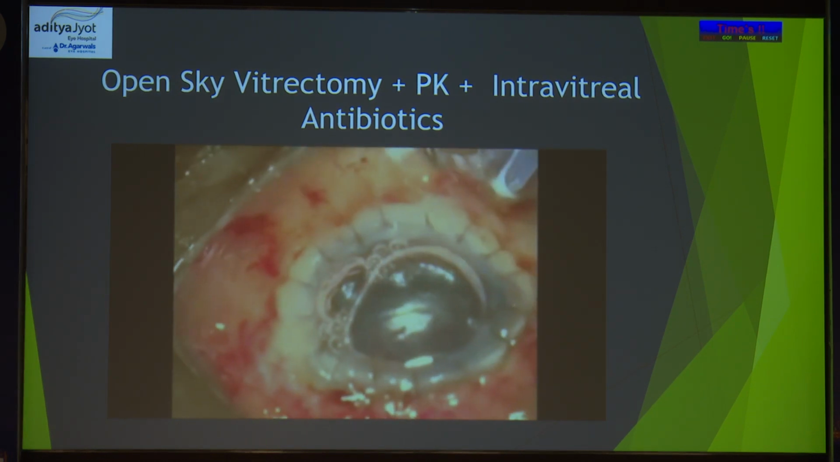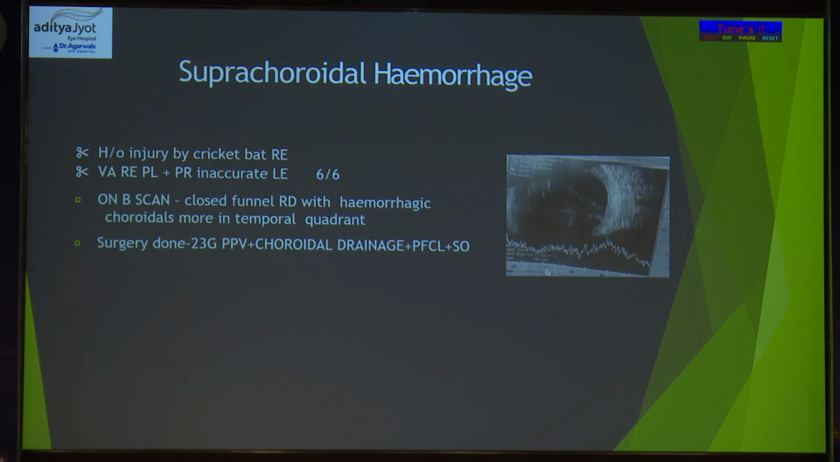I think the only contraindication to doing this will be panophthalmitis, when there is a severe painful blind eye. I think we should eviscerate, but otherwise we can do the open sky vitrectomy like this and save the eye. And then the other important problem which we can see with no perception of light is the suprachoroidal hemorrhage,